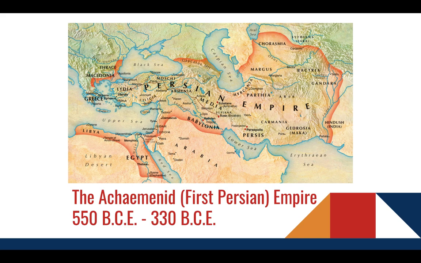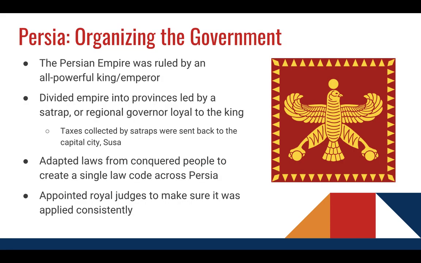It is really what becomes, or what is also known as, the Persian Empire. It's really the first of many different Persian empires that come along. It lasted for about 200 years, from about 550 BCE to 330 BCE. It's known as the Achaemenid Empire because of the Achaemenid dynasty who ruled it. It was in modern-day Iran, Anatolia, and Egypt, and it also goes by the name Persian Empire, so I'll be using that term as well.